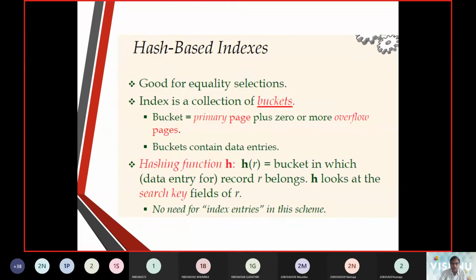Then we talked about hash based buckets. In hash based buckets, we use a hashing mechanism to compute the hash function H, which looks at the search key, and R gives the number of records.